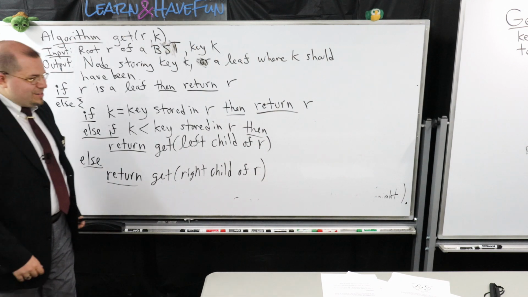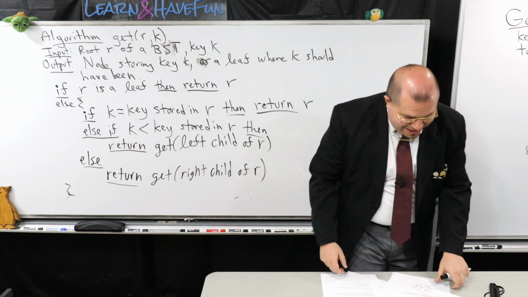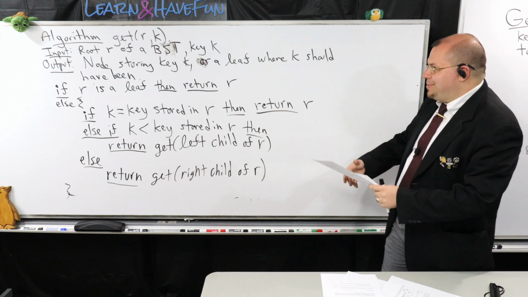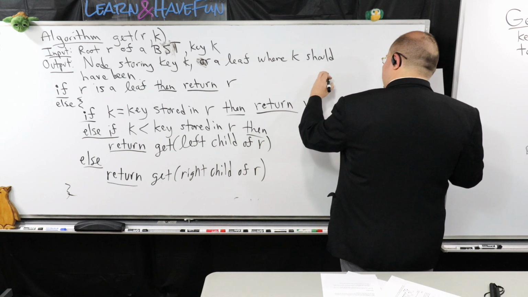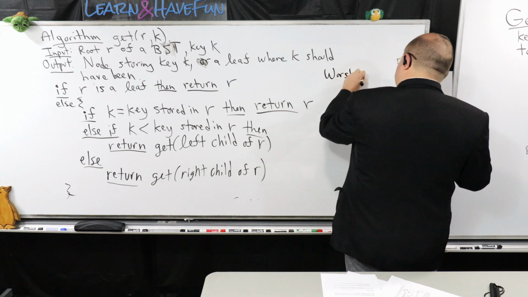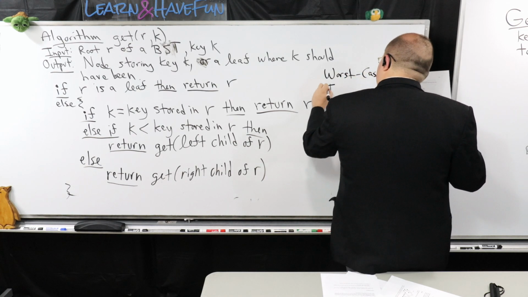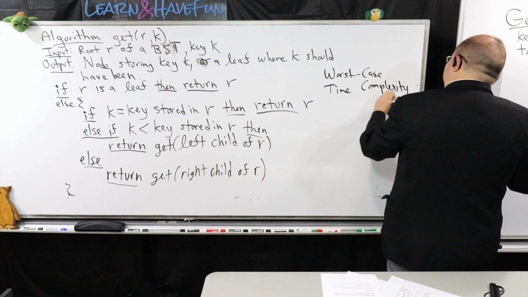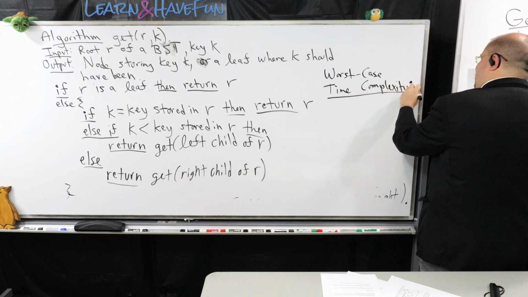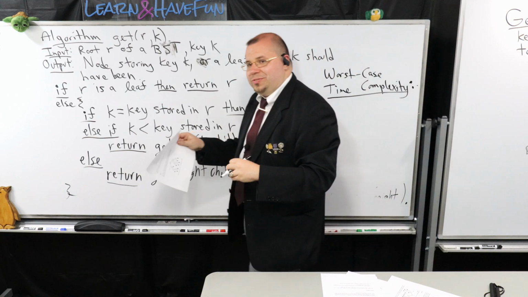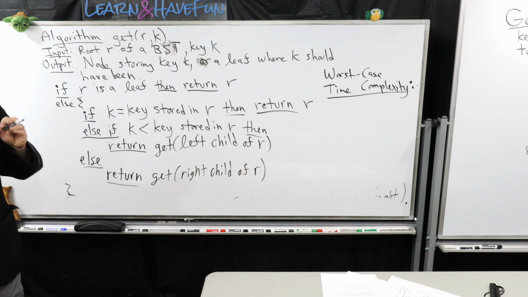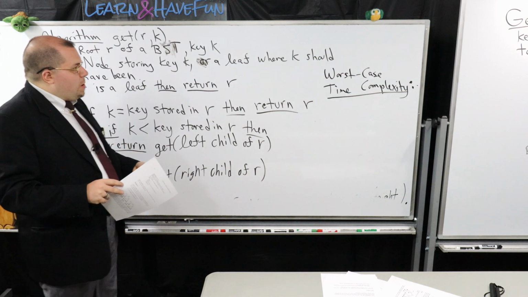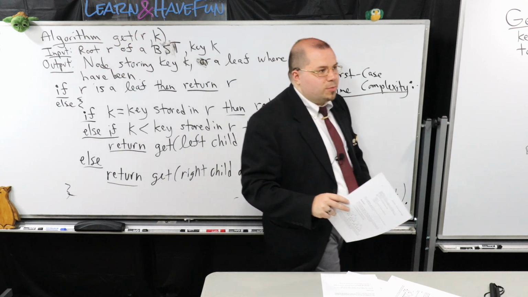So the natural question is what the time complexity of the get operation is. So now naturally, you might ask, okay, so what's the worst case time complexity of this? So let's talk about that. Now you notice in the smallest operation, it didn't make much of a difference except for the fact that we're at the mercy of the structure of the binary search tree itself. However, what I would like to do in the worst case, just for our analysis, is identify what will cause this algorithm to perform the most number of operations.